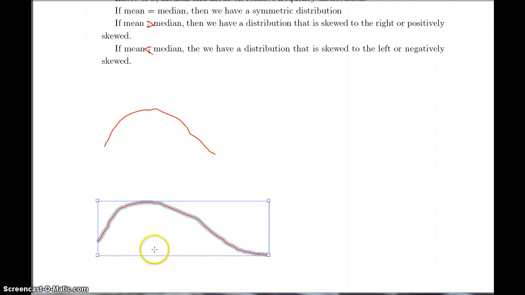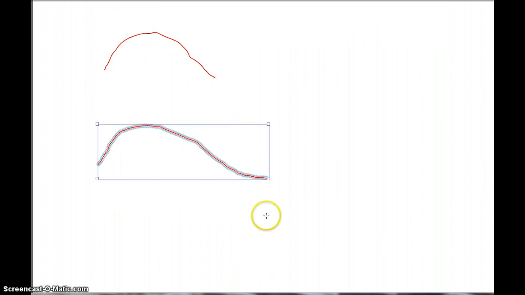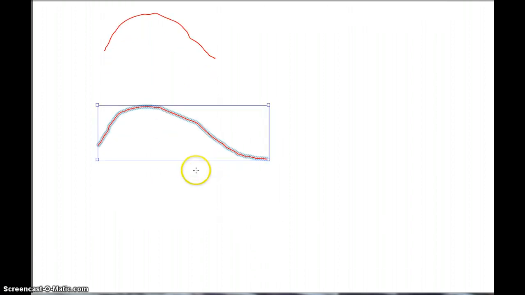So in this case, the median is going to be in the middle, where half the measurements are below it, the other half is above it, but the mean is going to be way up there because it's going to be affected by those large values here. And in the third case,